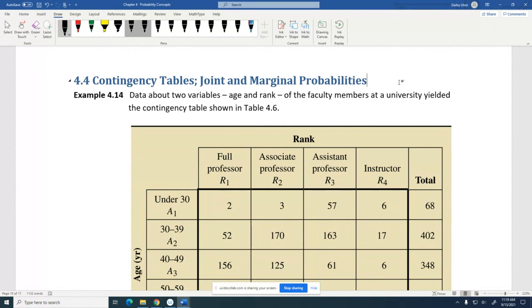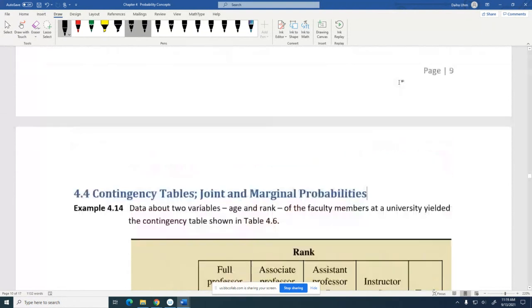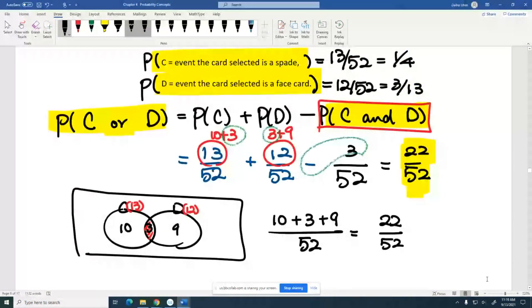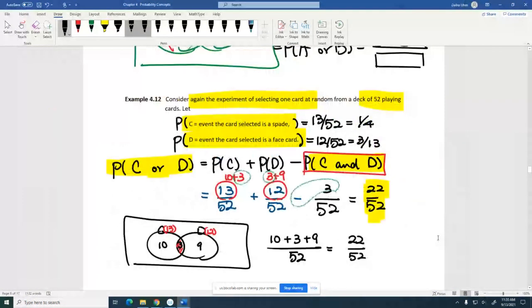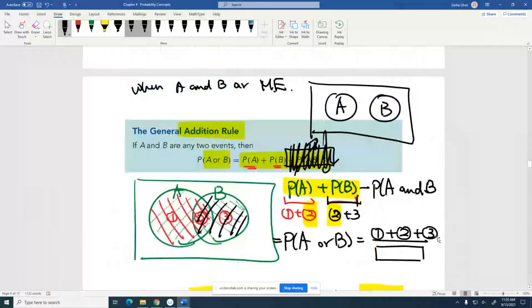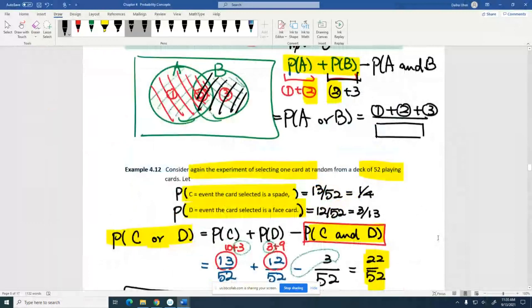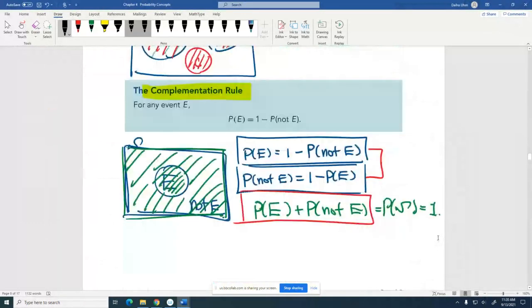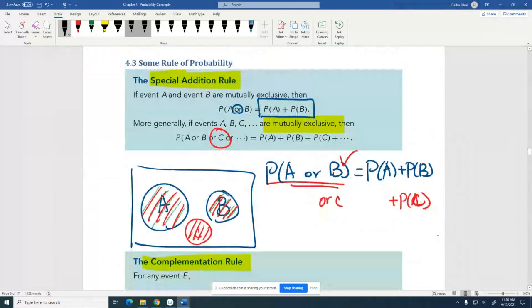Say again? Now look at the special addition rule. Okay, good. Yeah. This one? The other one, special. Oh, the special one? This one? Yeah. Yeah. The next one, the next topic will be